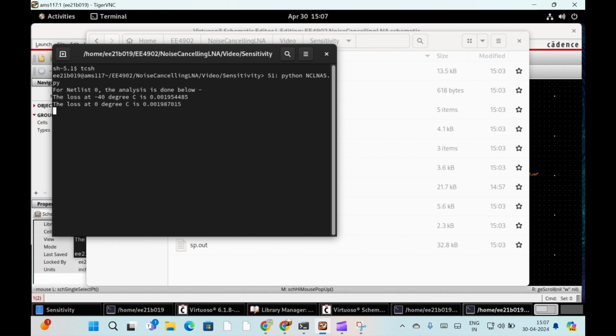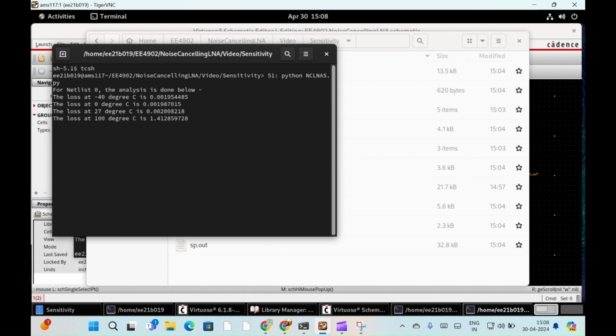The temperature analysis is done at 4 different temperatures: minus 40 degree centigrade, 0 degree centigrade, 27 degree centigrade and 100 degree centigrade. The process variation is done for 5 different processes: top TT, top FF, top FS, top SF and top SS process. And the voltage supply variation is done at 3 different voltage supply values, that is at 0.81 volt, 0.9 volt and 0.99 volt. This is because for the TSMC 28 nanometer technology, the voltage supply is nominally 0.9 volt